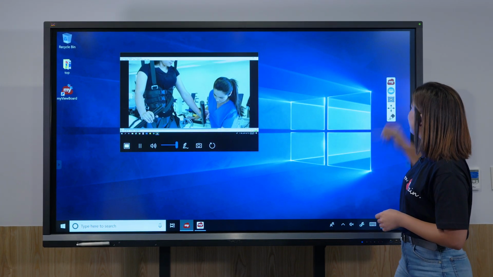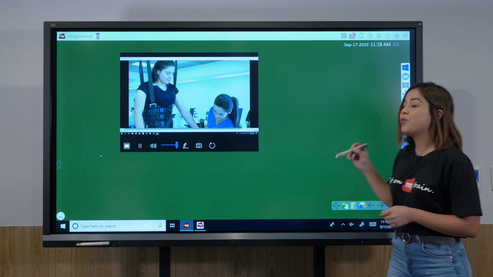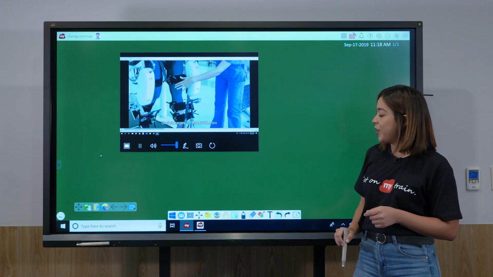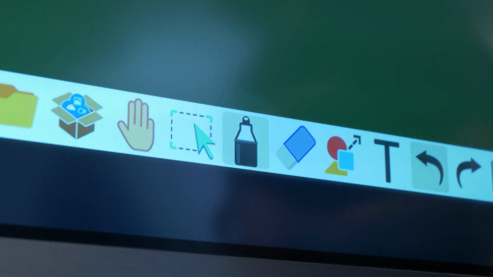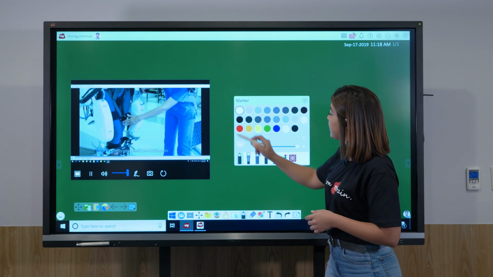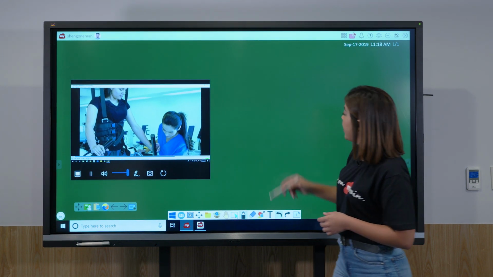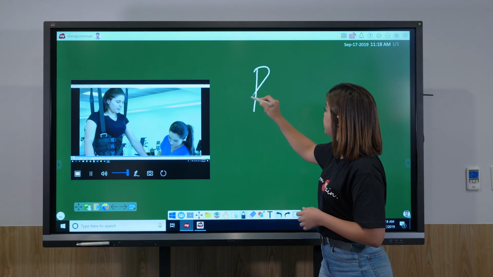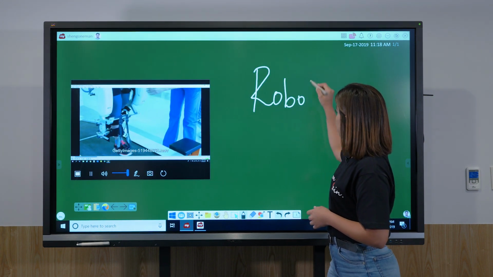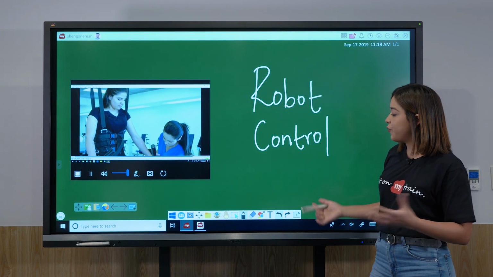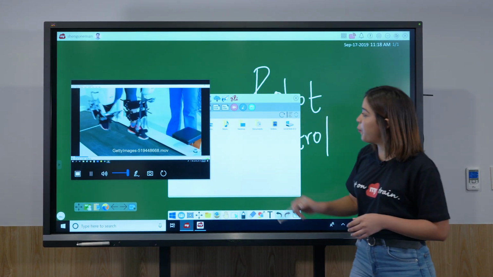Now let's go back to my viewboard, and I want to show you other tools that are also very important. For example, here we have annotation. I can write on my viewboard. I can select a variety of styles. Let's do this and create a complete illustration. Right? I also have other tools, for example, multimedia import.